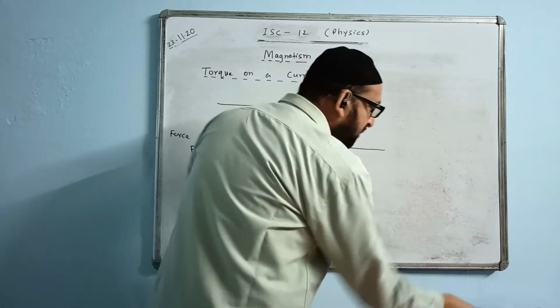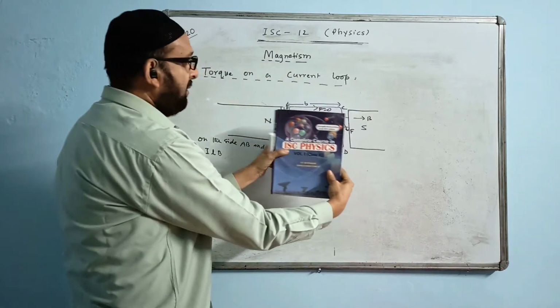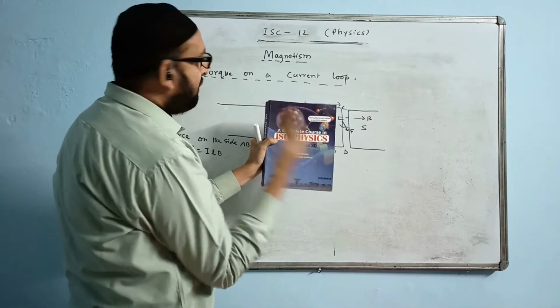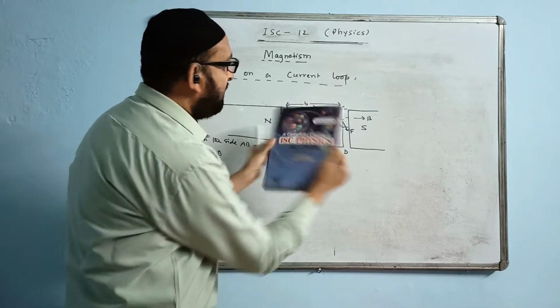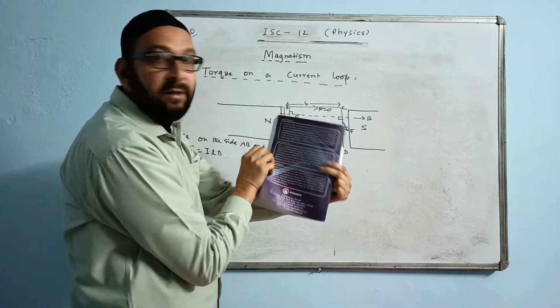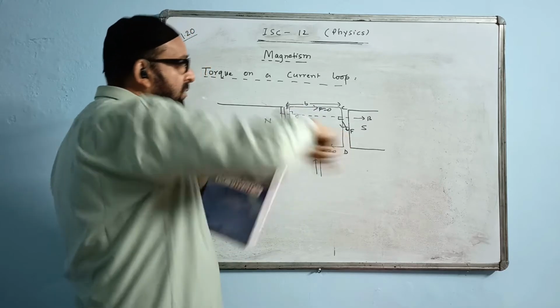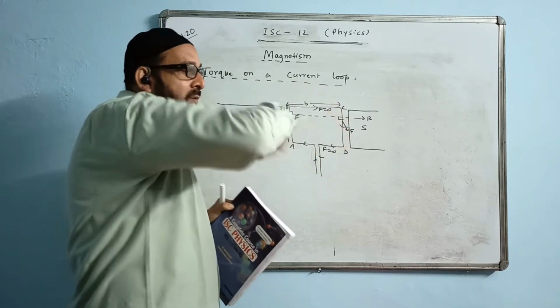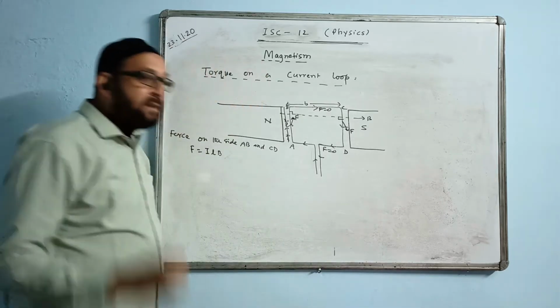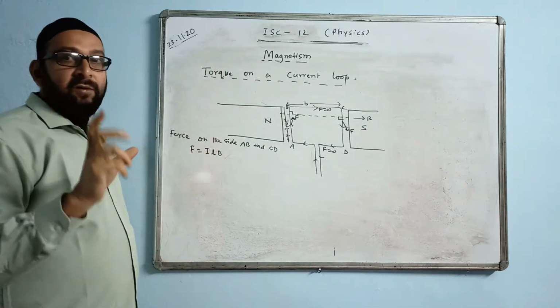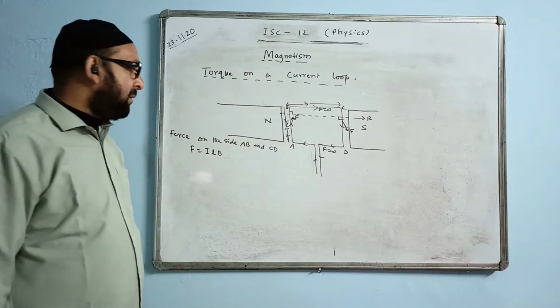This is exactly like this book. This coil is like this. Here the force is in the outward direction, here the force is in the inward direction. So this will go up and this will go inward this way. So there will be a turning effect in it. What direction will this turn? Like this. That means it will start turning in the clockwise direction. And we will be measuring the torque, the turning effect of that couple.